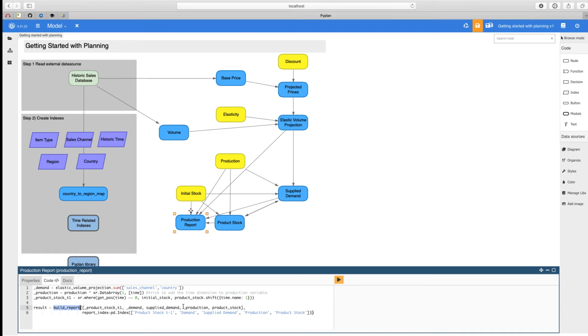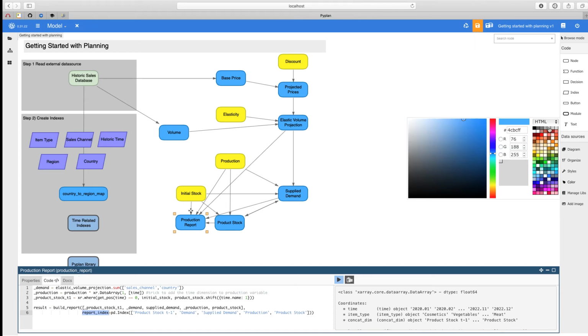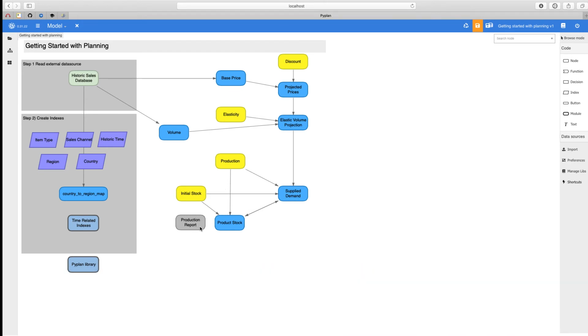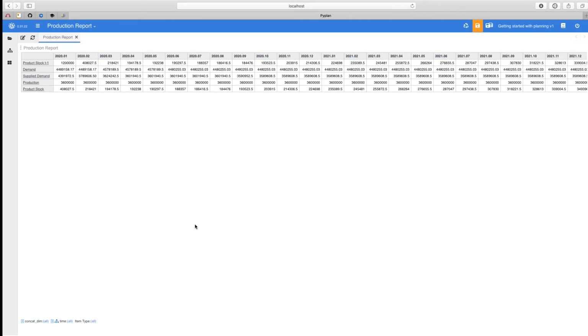It takes two arguments, a list of values and a list of titles, as you can see. We color it gray to identify reports from the rest of nodes and take out the input links. Exploring its result as table and graph,